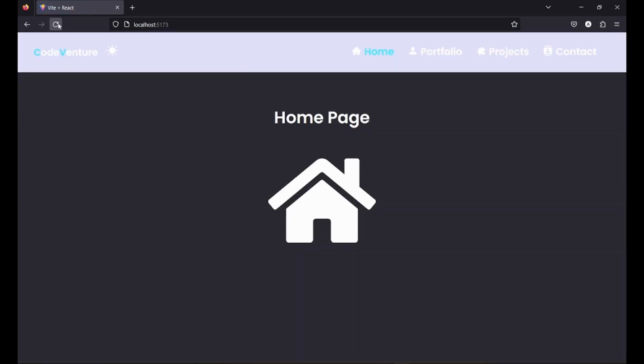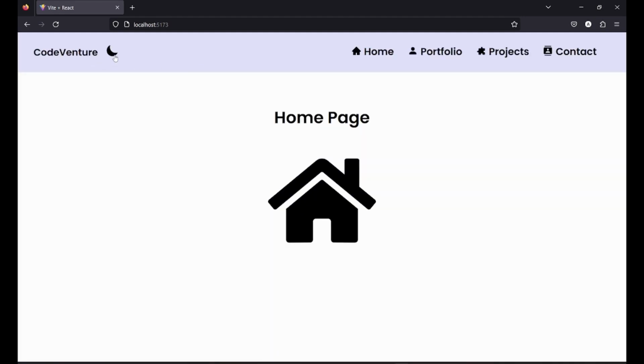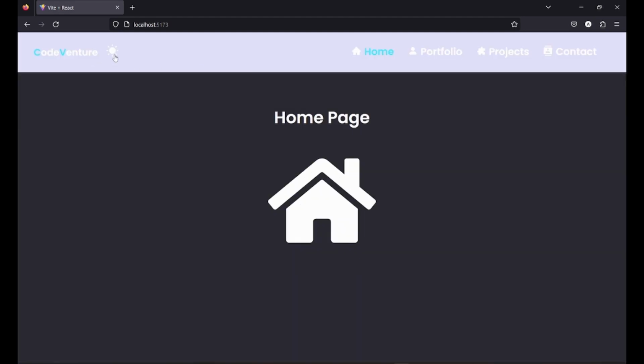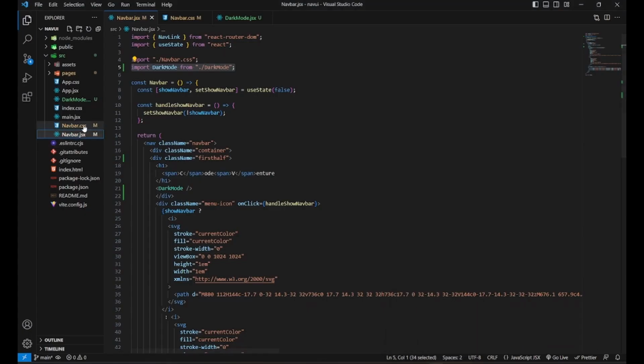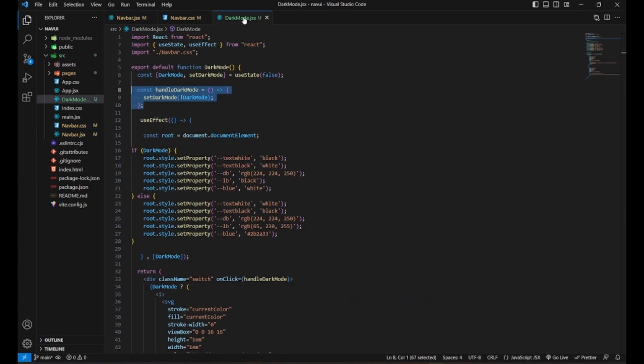Okay, so I think there is an error and bug. The navbar here should be dark blue, but it's in the light mode even if we press the icon. So there is an error I think in the useEffect. So let's see. Okay, so here the dark mode color is the same in both the if and else statement.